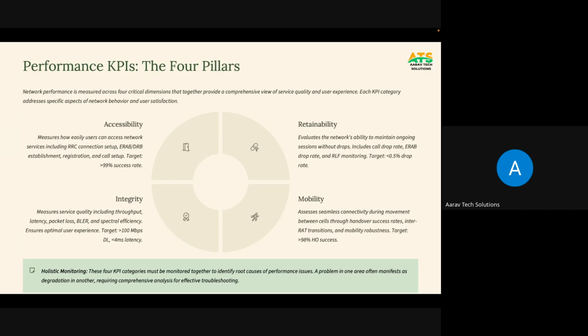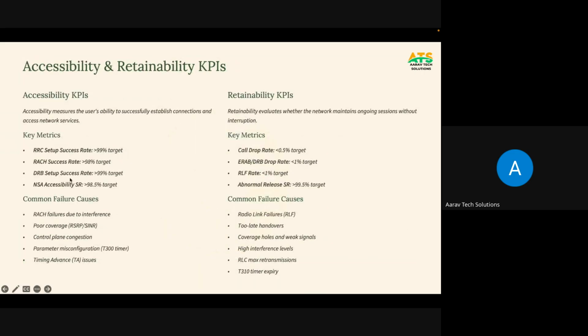Go to the next slide, DRB success. Here I have mentioned the threshold also. Talking about DRB setup success rate, the threshold should be greater than 99%. The factors that affect the DRB success rate are the resources. If you don't have an adequate number of resources, your DRB success rate will degrade. And the QoS mismatch, a quality of service mismatch, also leads to degradation in the